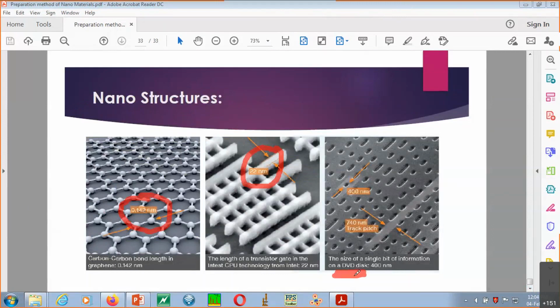If this DVD you can see through this TEM device or SEM device, then you see these patches. Okay, a single bit, in the form of bits on it, all such details. So 400 nanometer is the size. So many spots, the track pitch on it is around 700 and 400 nanometers, different. So that's how, just to give you an idea how this nanostructure looks if you go through the same image. So fine, so that's it from this side. Okay, we have completed the